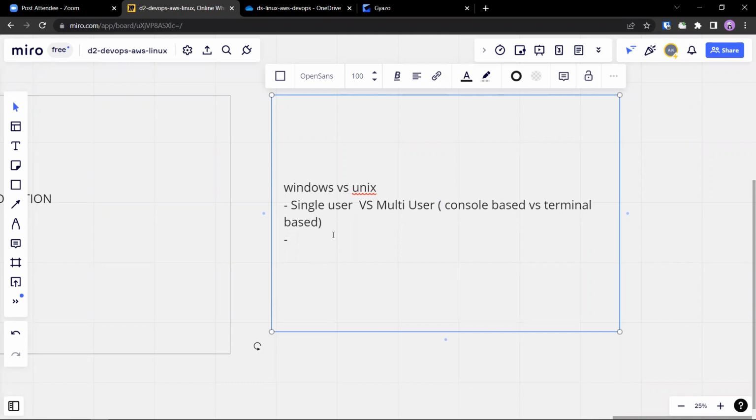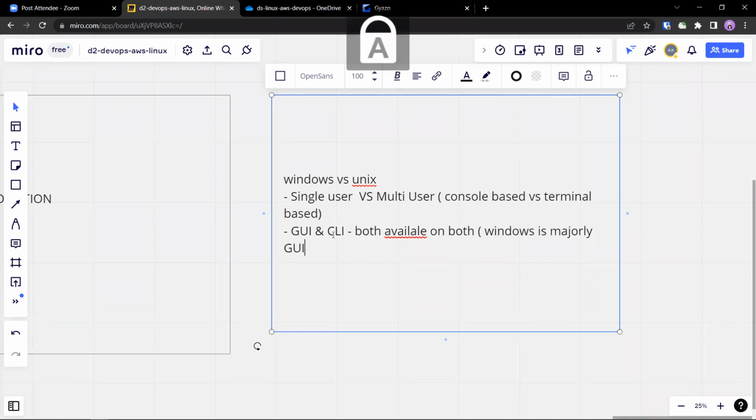The second one is GUI and CLI. Both are available on both, but Windows is majorly GUI, majorly we are talking. Unix is majorly CLI.